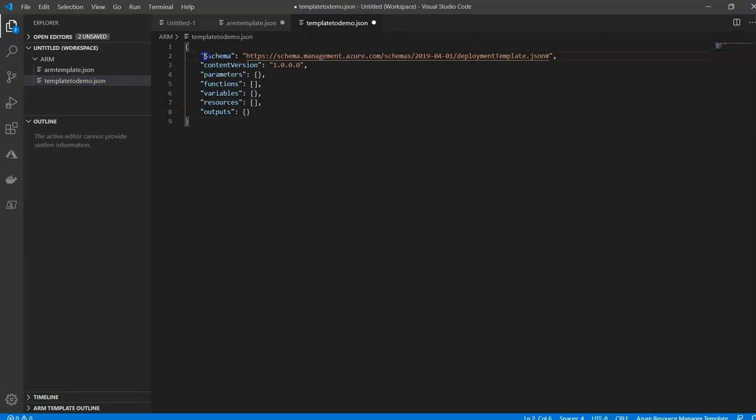I talked about schema, parameters, functions, variables, output, resources also. So these are the main components under any template, right? Just by using this you will be able to write. Now you may say, how can I just define the resource? Go to the resource, inside this bracket, square brackets, you can start typing